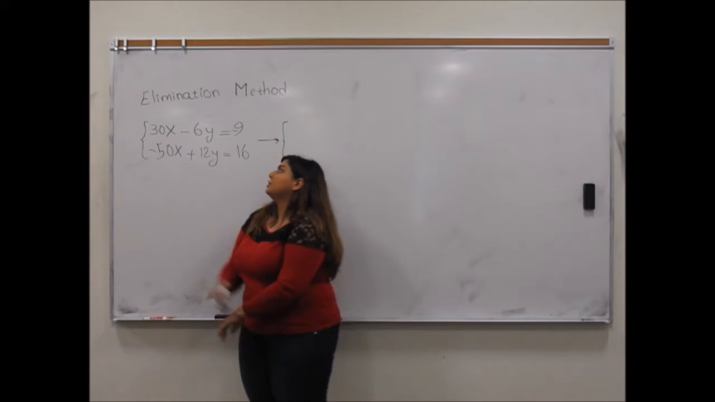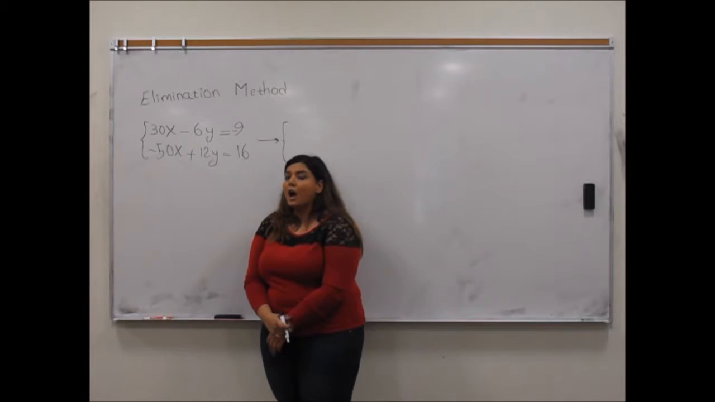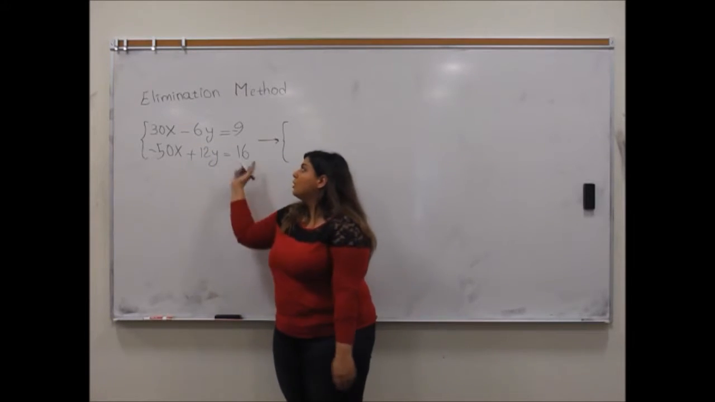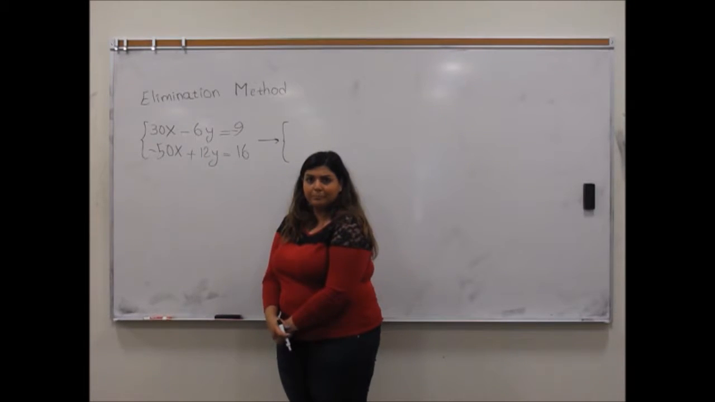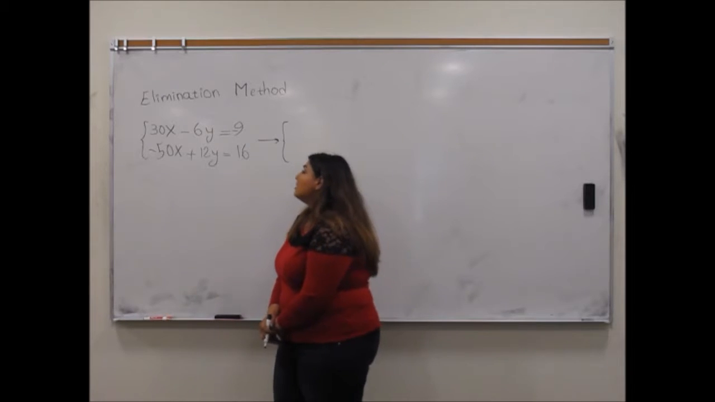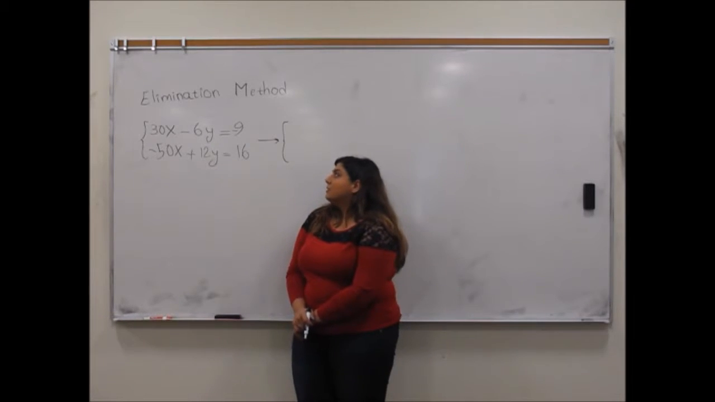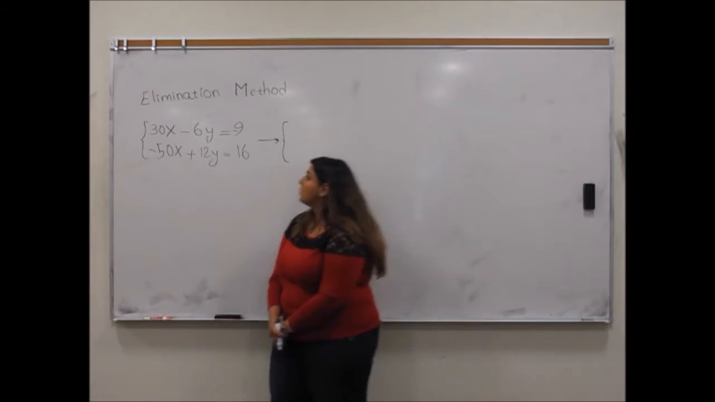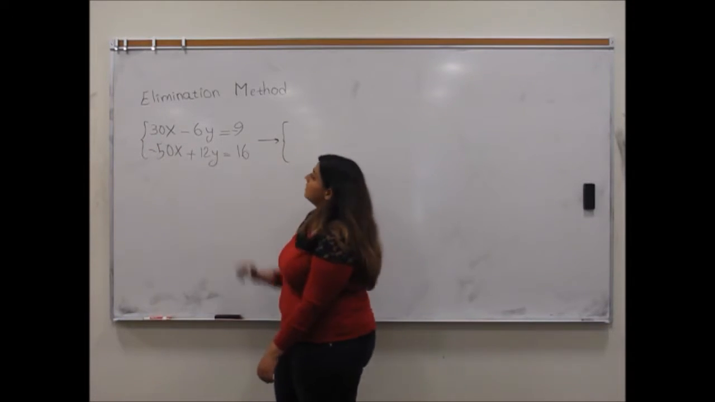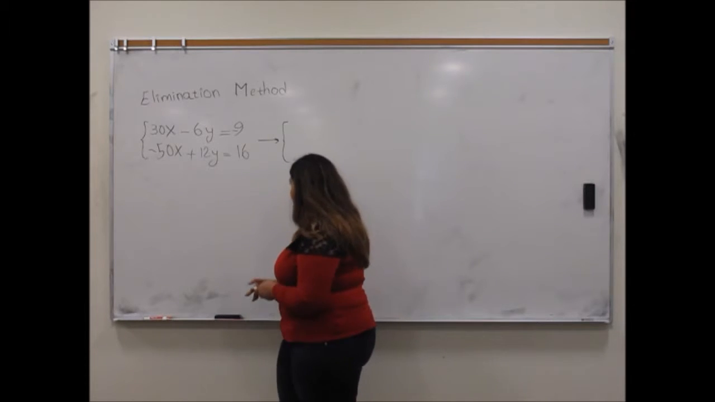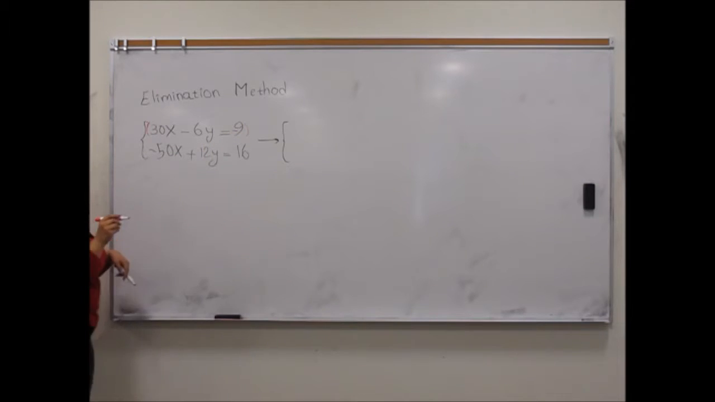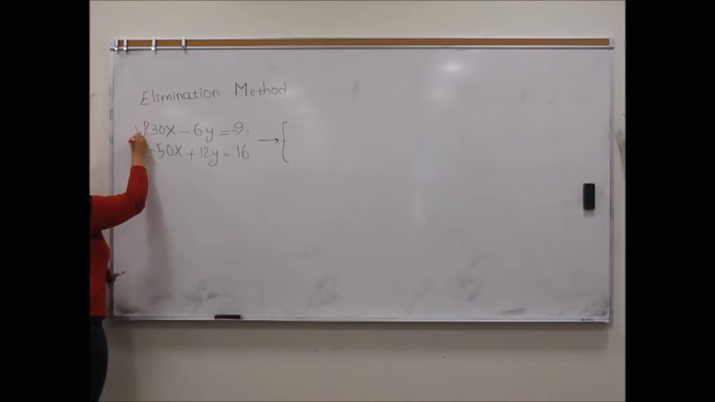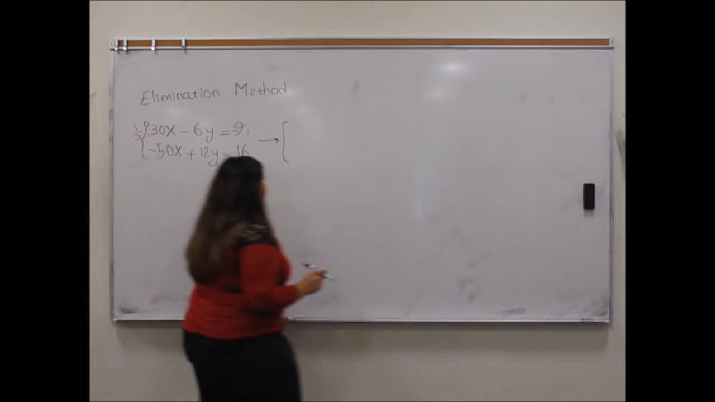For the first equation, notice that all the coefficients are divisible by 3, right? So why not simplify it by dividing everything by 3? So I'm going to go ahead and divide all of this by 3, or as I like to call it, dividing by 3 is the same as multiplying by a third. So I'm going to get